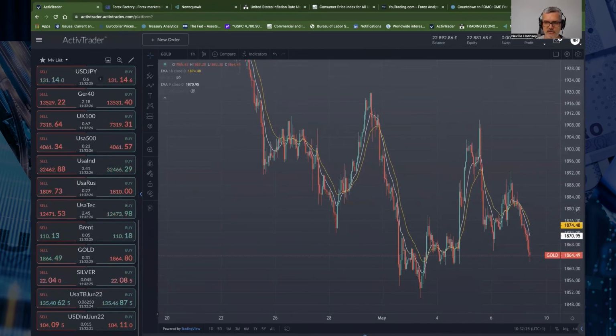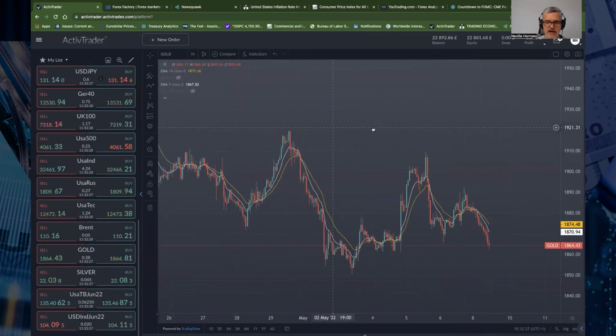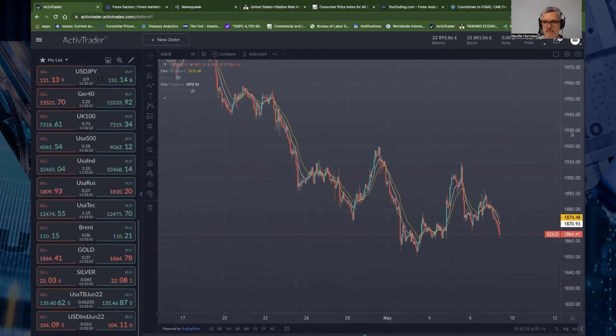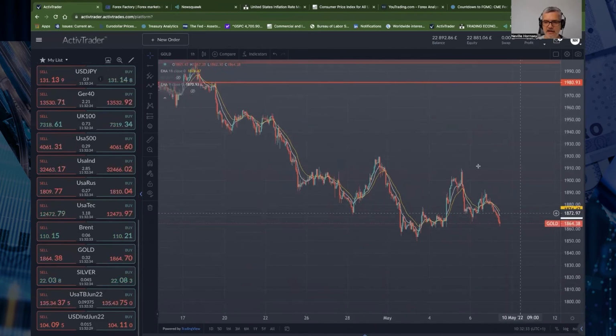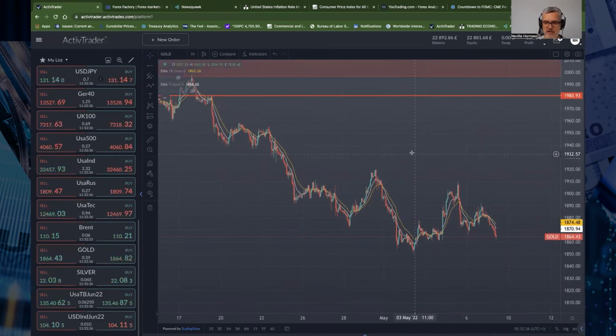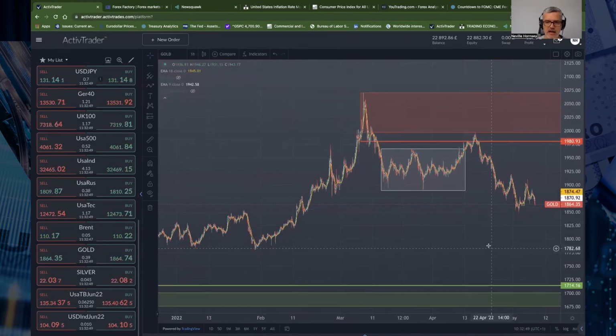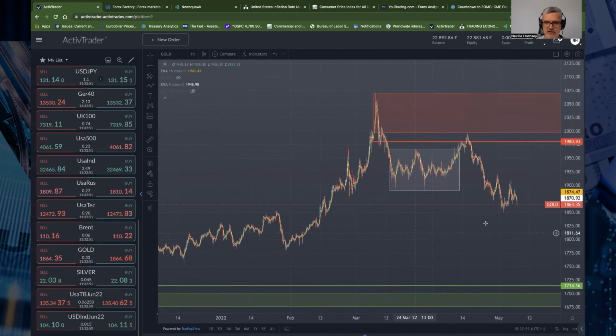Moving over to precious metals, obviously as yields and real yields go higher, the non-yielding assets like gold and precious metals continue to drop. At the moment, I'm thinking dollar strength, obviously strength in the yields. The gold price comes back down towards the 1800 at least, where we traded for quite a long time.